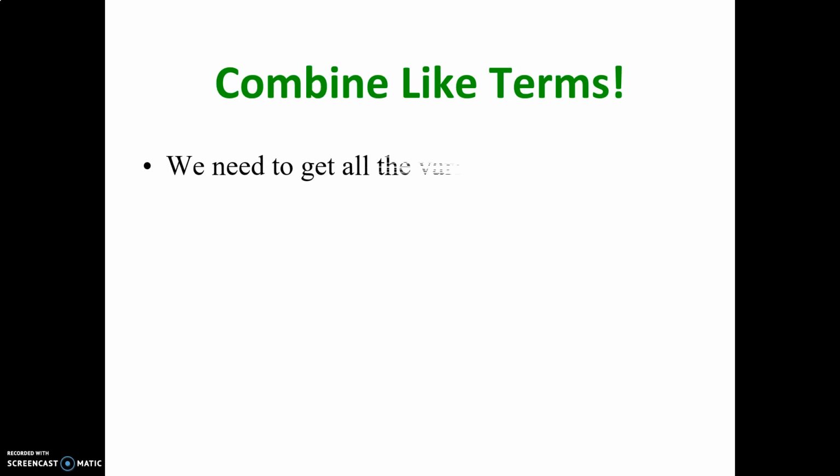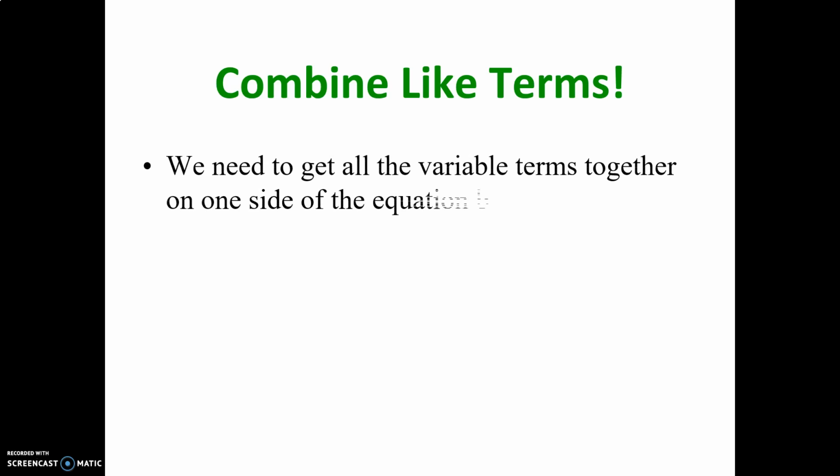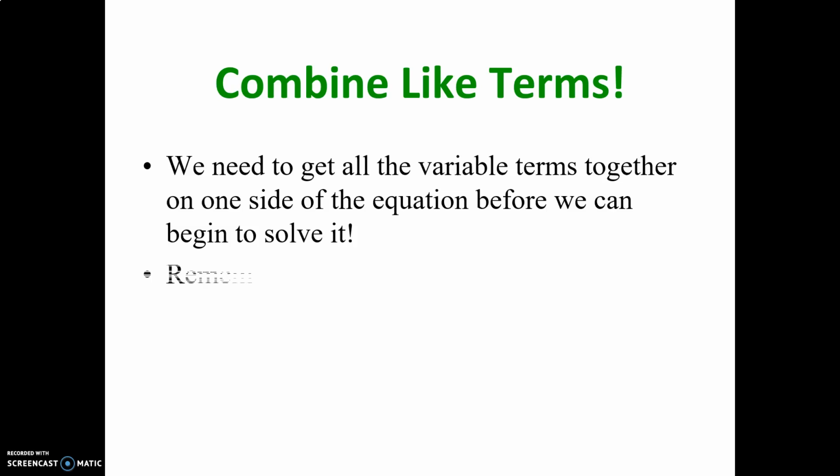So one of the things we need to consider when solving more complicated equations is the idea of combining like terms. In algebra we have this phrase called combine like terms, and like means same. And when we're solving equations, especially the variable we're trying to isolate, we need to get all those variable terms together on one side of the equation before we can begin to solve it or isolate it. And combining like terms